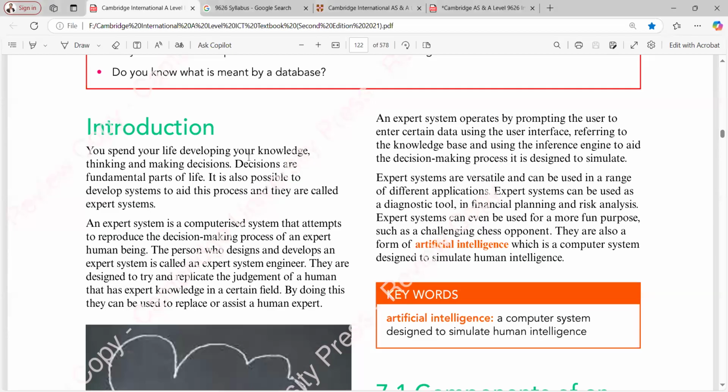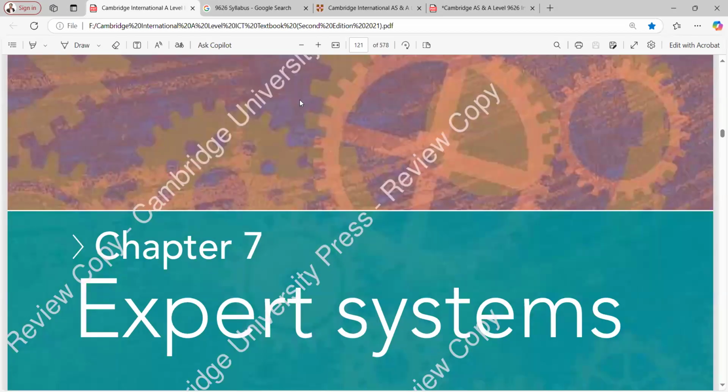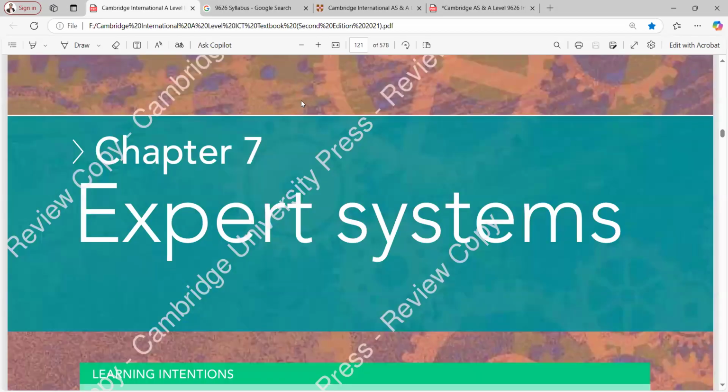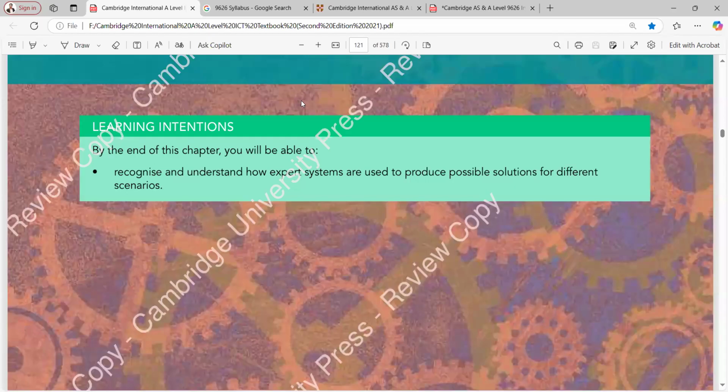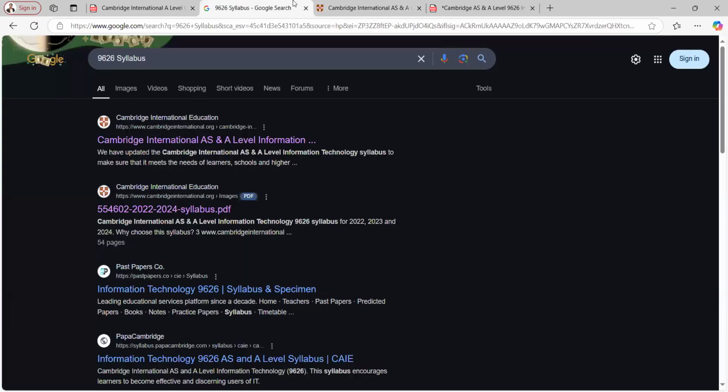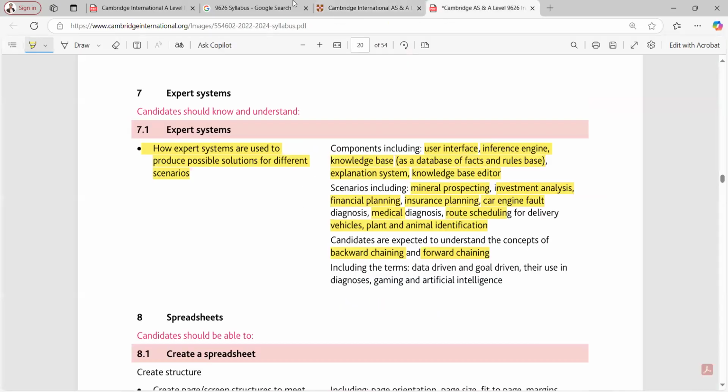All right, so we are going to discuss chapter number 7, expert system, and in this chapter we need to discuss the recognition and understanding of how expert systems are used to produce possible solutions for different scenarios. So let's also check what the syllabus wants to know from us. The syllabus says that we need to discuss how expert systems are used to produce possible solutions for different scenarios. Then it says that